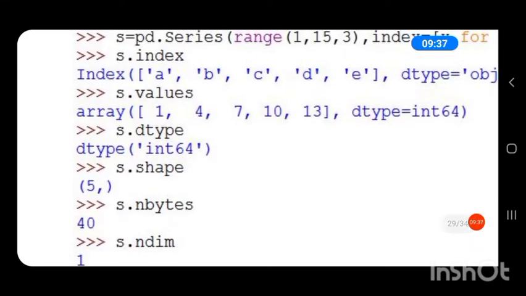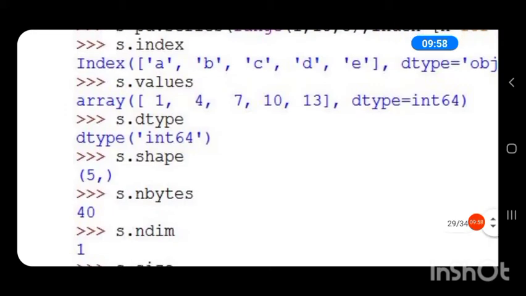That is, each value occupies 64 bits or 8 byte. So 1 occupies 8 byte, 4 occupies 8 byte, 7 occupies 8 byte. 10 8 byte, 13 also occupies 8 byte.